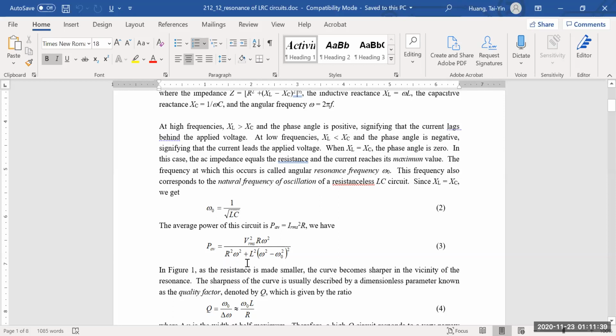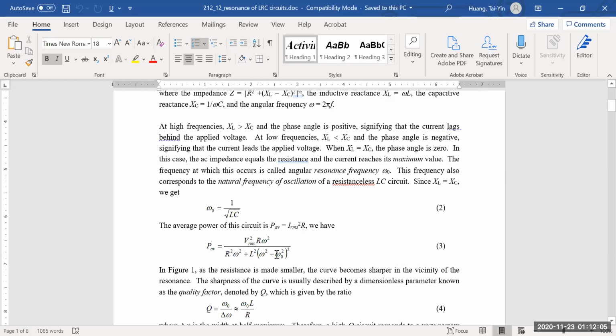If you recognize that, that's basically similar to the Z value. Okay. So you can see that your average power is also frequency dependent. But if the circuit is in resonance, meaning that omega, which is the one that you can change externally, is equal to omega naught, which is the natural resonance frequency, which can be calculated using equation 2,